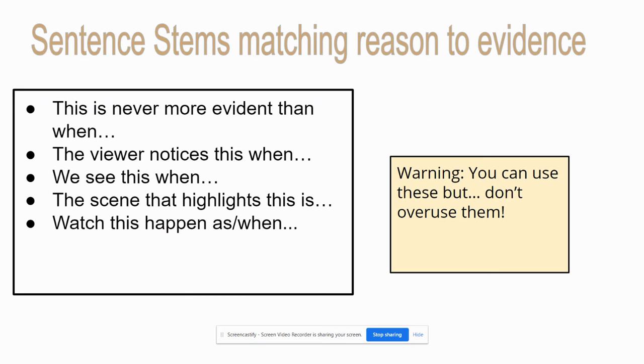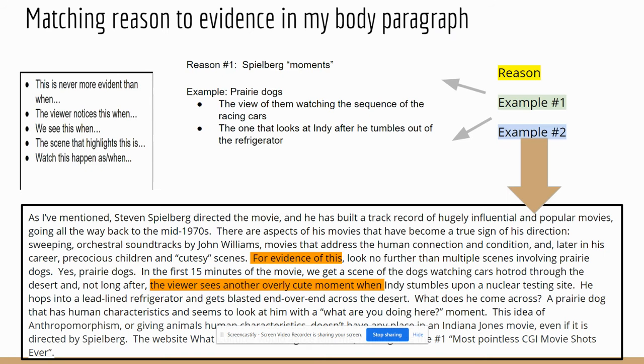Okay, so moving ahead with this. Here are a few sentence stems that could help you out. You know me with sentence stems, you don't have to use these as examples, but if you're stuck and you're trying to transition from an opinion to evidence, here are some you might want to try. I tried to work one or two of these into my own essay, but I also used some of my own as well. You can see the warning there. Don't overuse them. Okay, with these, once per sentence stem was what I would try to keep it to in your movie review.